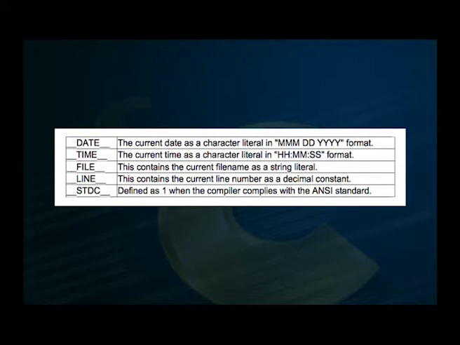File: this contains the current file name as a string literal. Line: this contains the current line number as a decimal constant. STDC: defined as 1 when the compiler complies with the ANSI standard.